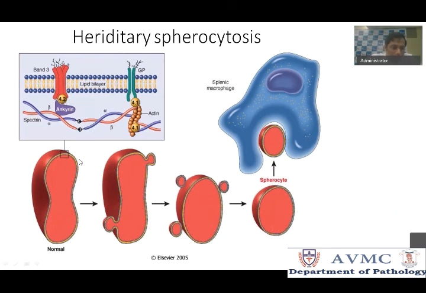This membrane becomes very unstable, and every time this RBC goes inside the spleen and comes out, some amount of this membrane blebs will be eaten up by the splenic macrophages, leaving very low surface area. And as I said, for a very low surface area to occupy maximum volume, the only option available is to turn into a spherocyte. That is the reason why the biconcave cell is turning into a spherocyte. This is the reason behind the RBC turning into a sphere, or a microspherocyte, because these spherocytes will be smaller in size, so you call them microspherocytes. Is that clear?